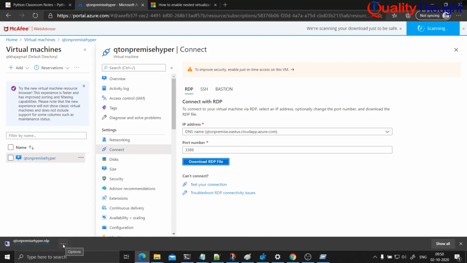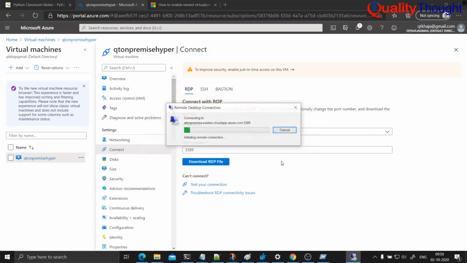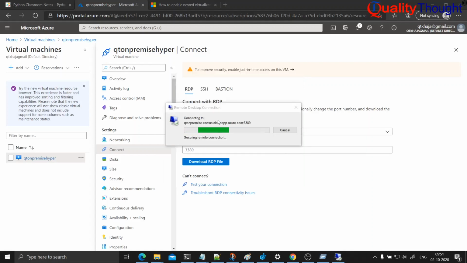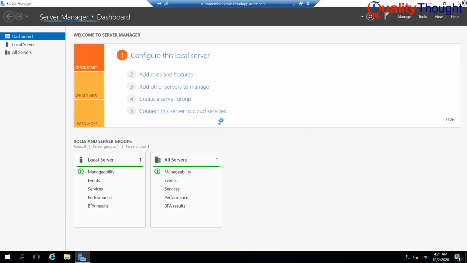I got this issue once, but let us try to see if we can connect to this. Good. The machine is ready and the server manager is launching.